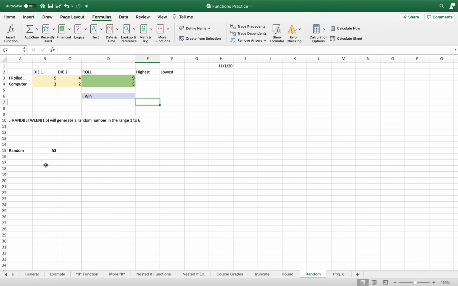Okay, hello. So you probably heard of Microsoft Excel. It's a spreadsheet software where you can basically do a lot of calculations and a lot of things you would normally find in a spreadsheet. But you can also use Microsoft Excel to create some pretty interesting things like this little game that I